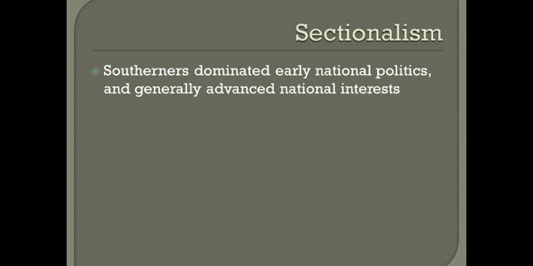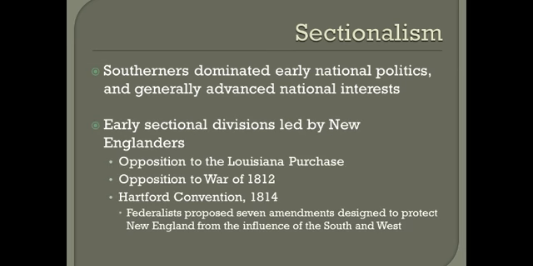Now, let's take a closer look at sectionalism. Southerners dominated early national politics, and they actually were pretty on board with national interests. They were not the key problem with sectionalism. The New Englanders were. So people in the North, the New Englanders, they didn't like the Louisiana Purchase, they didn't like the War of 1812,